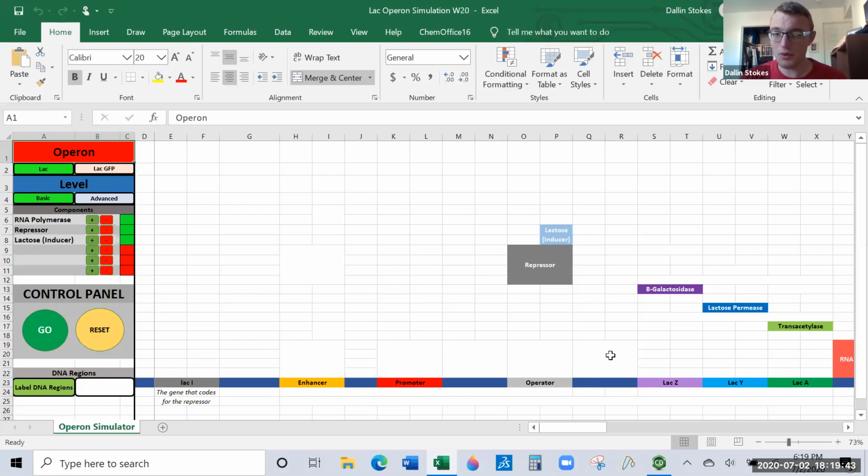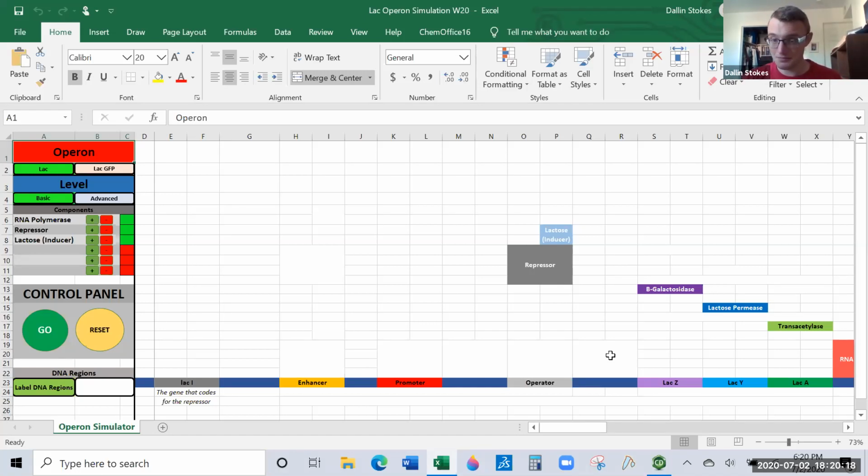Well, if the repressor's in the way, then it's repressed. And if the repressor's not in the way, then it's activated. So if for any reason the specific combo you get on your homework results in there not being a repressor in the way, whether it's lactose peeling it off or the repressor physically not being present, it's activated. And if there is a repressor in the way for any reason, or for any reason RNA polymerase can't make it to the genes, then it's repressed.